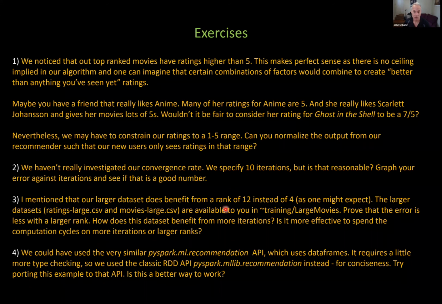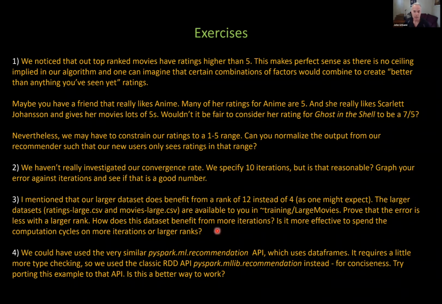I mentioned that with K, I was surprised that a rank of 4 was giving us our best results. It seems like higher ranks should always give more accurate results. As I spoiled a little bit and said, this is an artifact of the smaller training set. If you want to try the large movies training set, which is right there for you to use, give it a shot. Now, the large movies one has the drawback that it takes longer to train, so it's no longer a matter of seconds. You can grab yourself a sip of coffee while you're waiting for things to process, but it is more realistic, and this is the one that people trained on for the competition. So you can give that a shot and see what the best value of K is there, in which case things start to be a little less surprising.